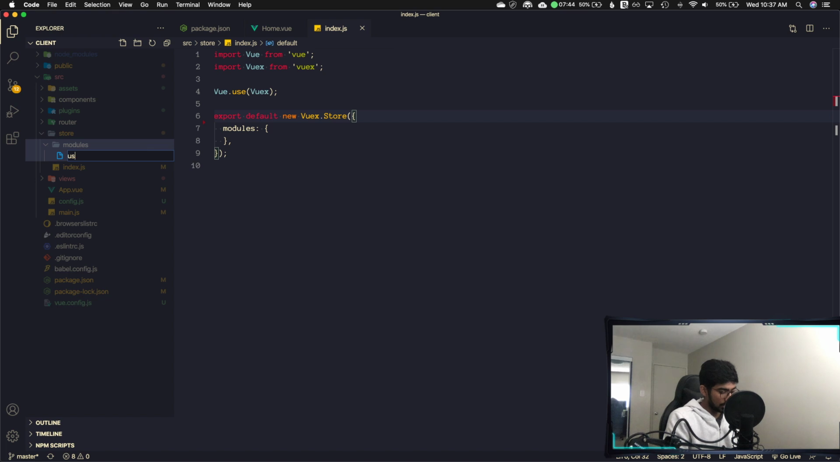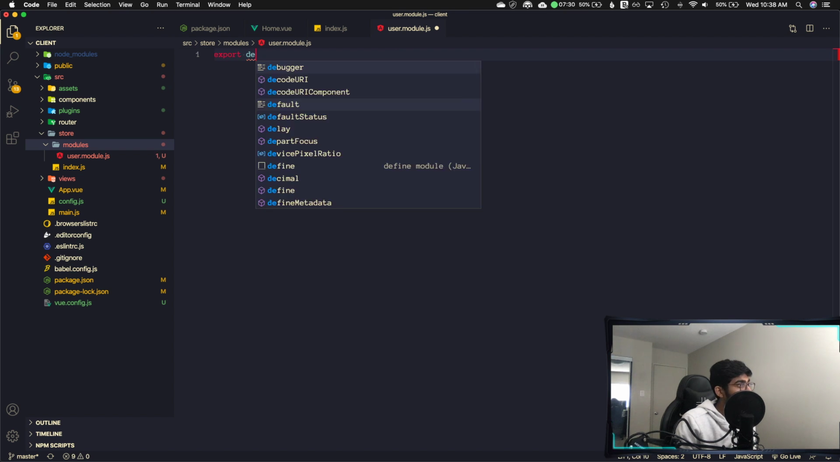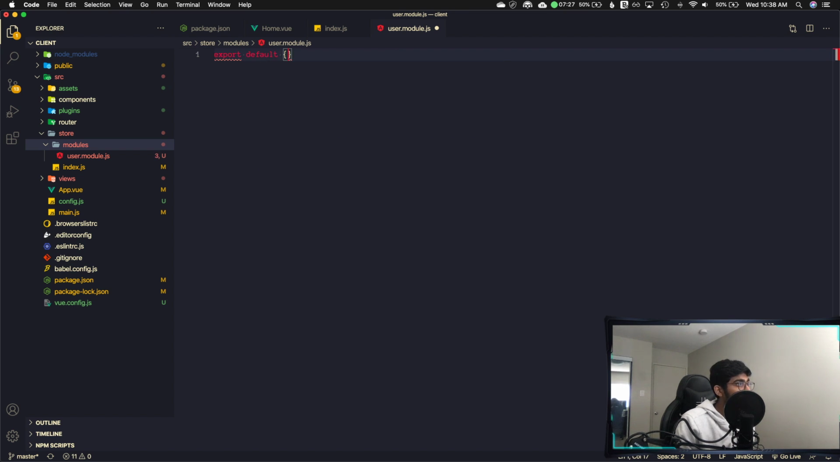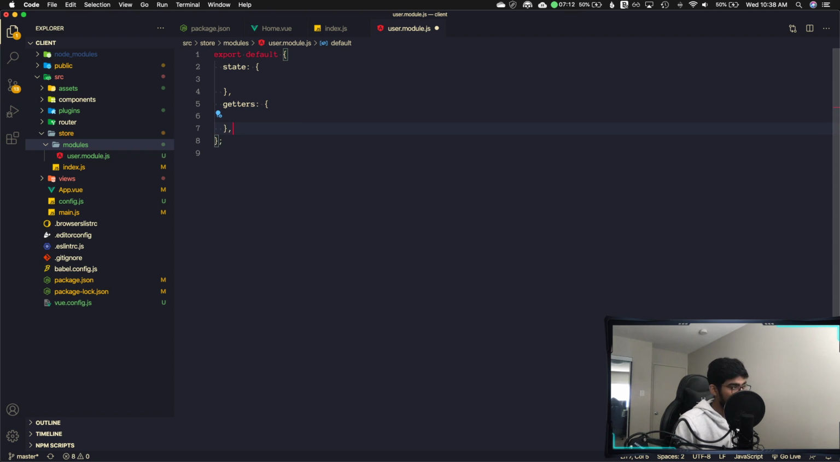Create a file, user.module.js, and we can just return an object which has state. Then we have getters. Not sure if we will be using it or not, but let's just add it for now. Then we have mutations, then we have our actions,